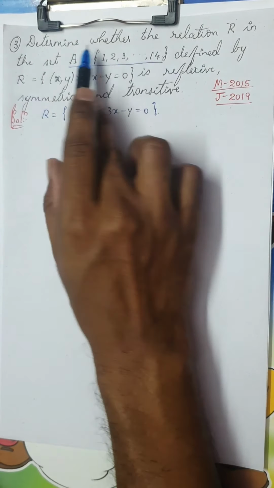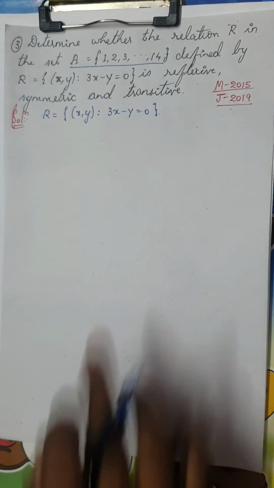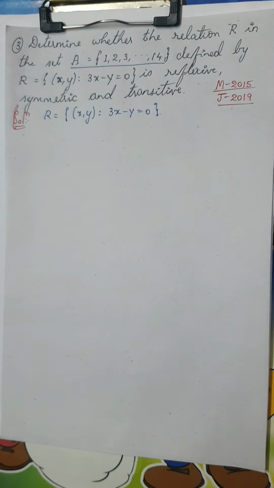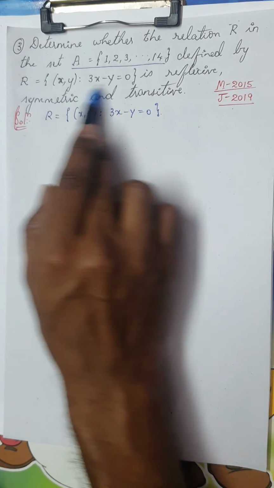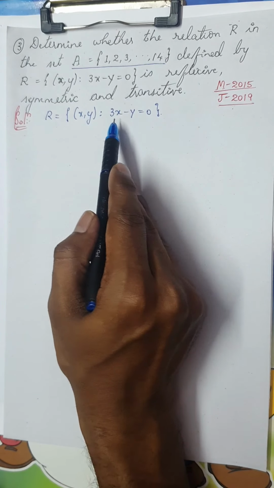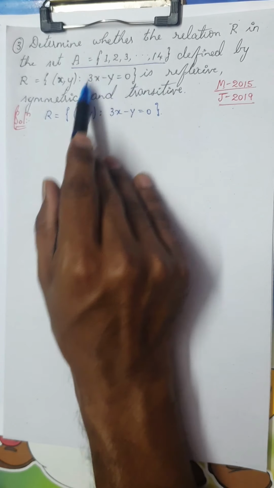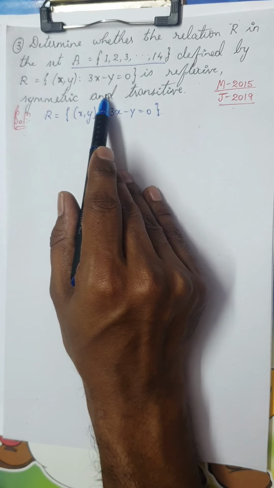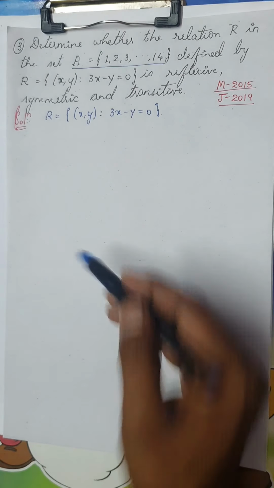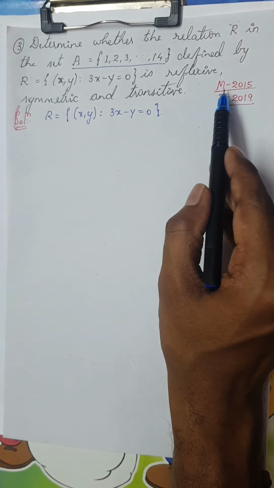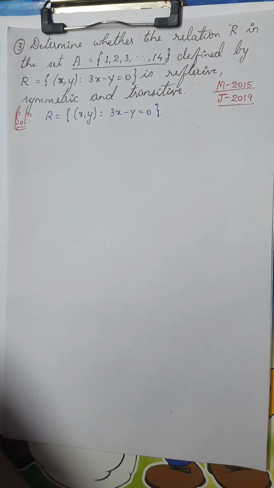Whenever he says verify whether or determine or check, you should be very careful because sometimes they would not be reflexive, symmetric and transitive. Okay, now let us check. In both the previous first and second question, the relation given was a general relation. But this relation, you can write the elements of the relation. I think if you notice this clearly, you have already seen this relation in first PUC also. Okay, so let us write the relation. If you write the relation, it is very easy to check the other three rules. Remember, this question was asked in March 2015 and July 2019. Okay, now let us check the condition.